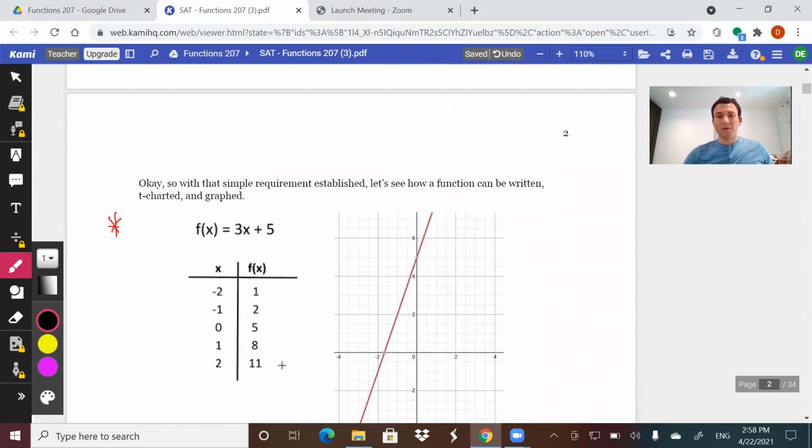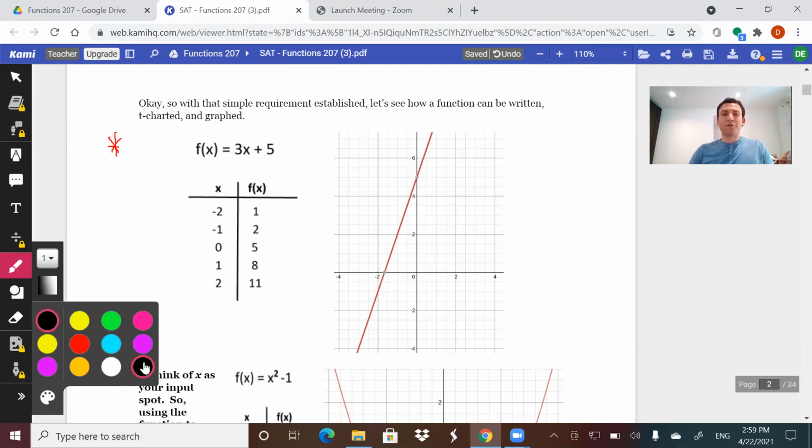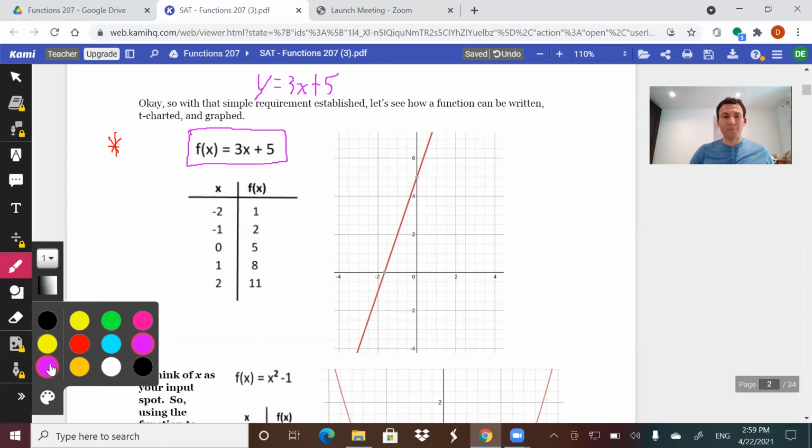So what are the three ways in which we need to understand functions? You'll be tested on them. You need to understand how to represent a function as an equation, right here. You have to understand how a function can be displayed within a t-chart. And last but not least, you need to understand how a function can be graphed. If you think about this one, it's essentially y equals 3x plus 5. We have a gradient or slope of 3, a y-intercept of 5. And the idea is we can input different values for x, and based off of the input we put in for x,